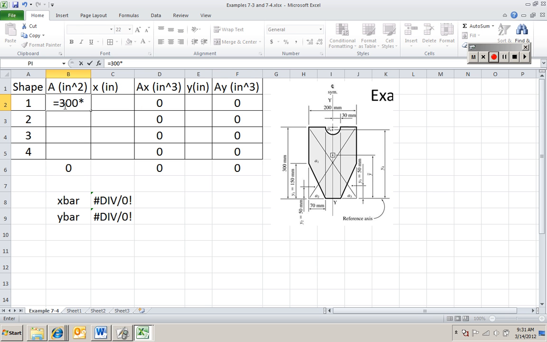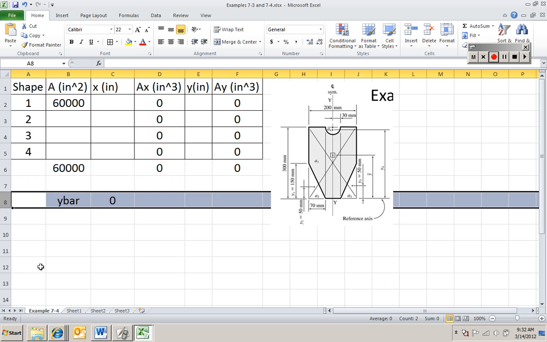times 200 for the larger rectangle. Okay, this CL means that that is the center line, and it says it's symmetrical, so that's a line of symmetry. So we don't need, in this case, to find X bar. We know X bar is on this line of symmetry on the y-axis. So we can actually